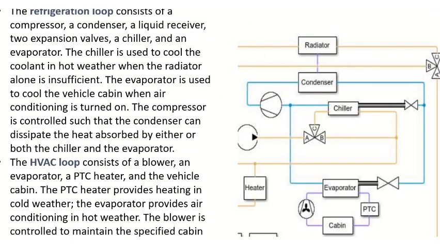So this is the refrigeration loop. It consists of a compressor. One is the refrigeration loop, and another one is the HVAC loop. This is the HVAC loop. So the refrigeration loop has a compressor, this is the compressor, condenser,